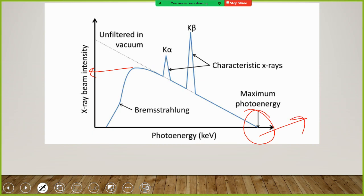So if you are adjusting the machine at 120 kV or 100 kV, that means the X-ray photon coming out from the X-ray tube will carry 100 kV. This is the maximum energy for X-ray photons. As you can see here in the spectrum, the X-ray photons coming from the X-ray tube are polyenergetic, not monoenergetic. That means all X-ray coming from the X-ray tube will not carry the same energy. It carries a range of energies, but the highest one is the value which was already pre-adjusted by